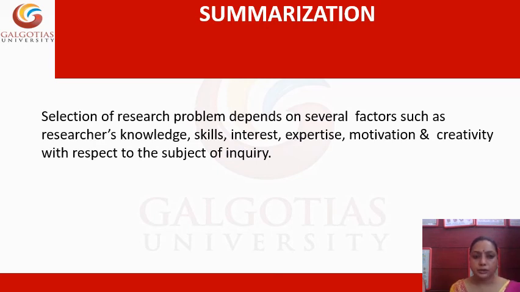Here I will summarize my topic. Today we have studied about research problem, what are the areas or sources where we can find good research problems and how to form a good research problem. So selection of a research problem depends on several factors such as researcher knowledge, skills, interest, expertise, motivation and creativity with respect to the subject of inquiry. Yes, if a researcher has no knowledge, no skills, no interest, then a good research study is not going to happen. If the researcher has good knowledge or interest, good findings will be there and we will get best evidence